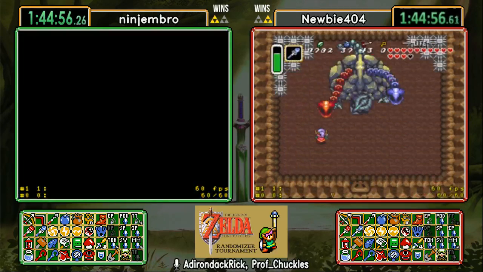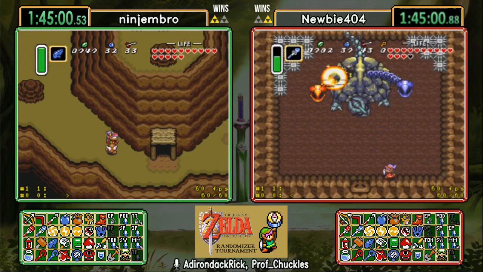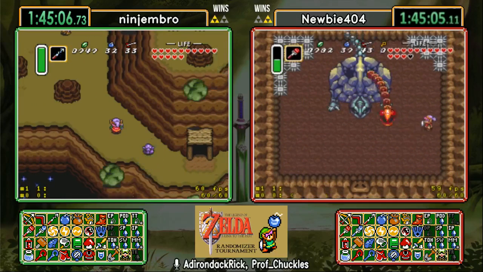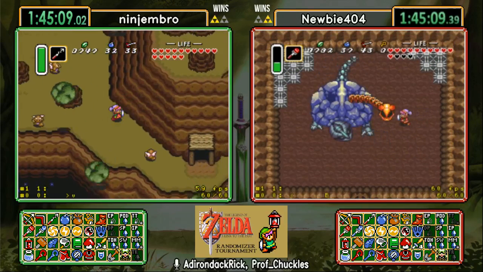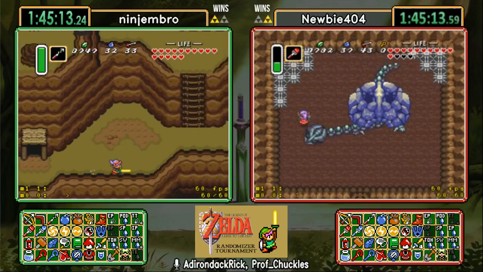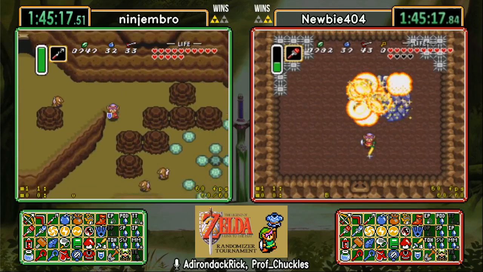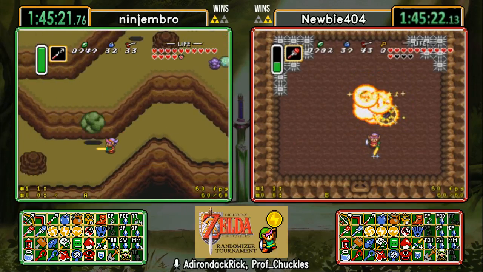Nice. Newbie's on Trinexx right now. He gets that last hit off. Yeah, thankfully Newbie did purchase some potions before he came in here, so he's good to go. I'm certain he would love to hold on to these potions for Ganon's Tower, but if he has to, he's got it in his arsenal. Yep. And Newbie losing as Trinexx ended up getting another attack at him before he's able...